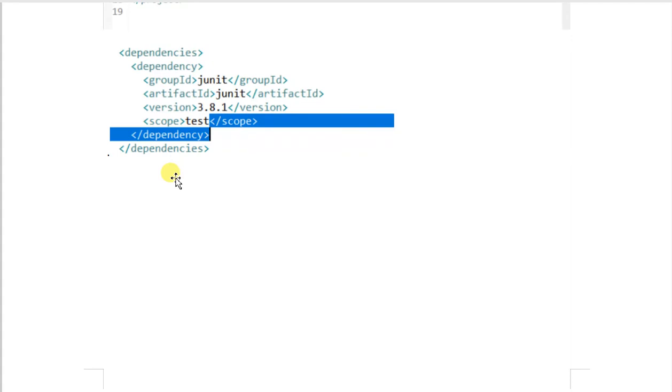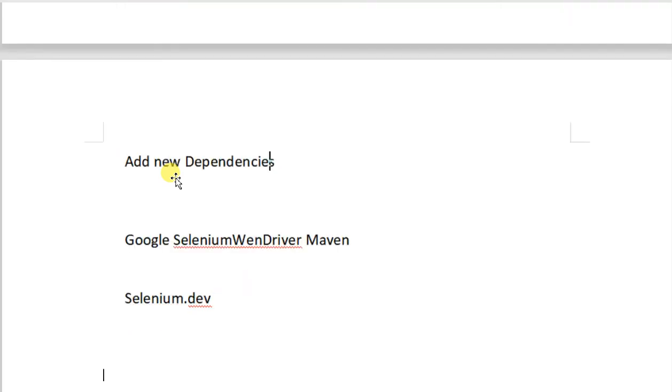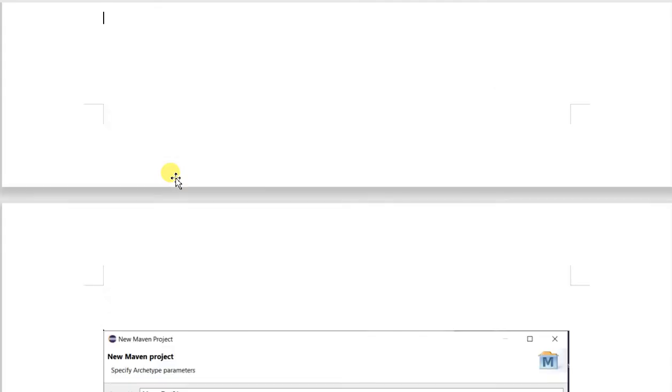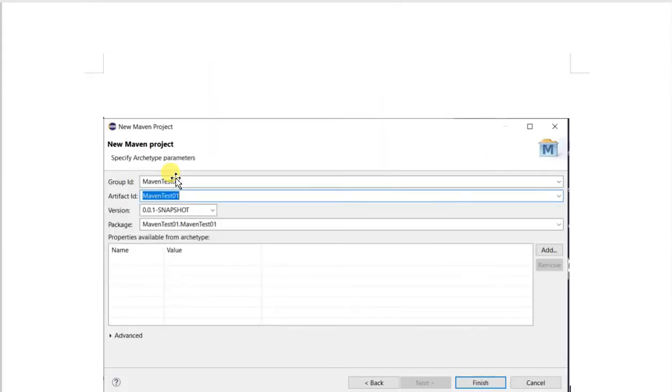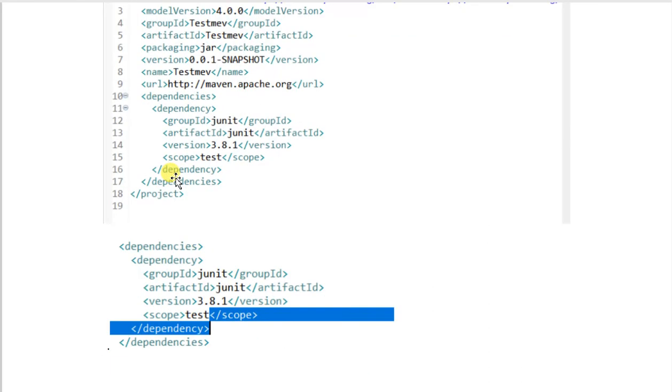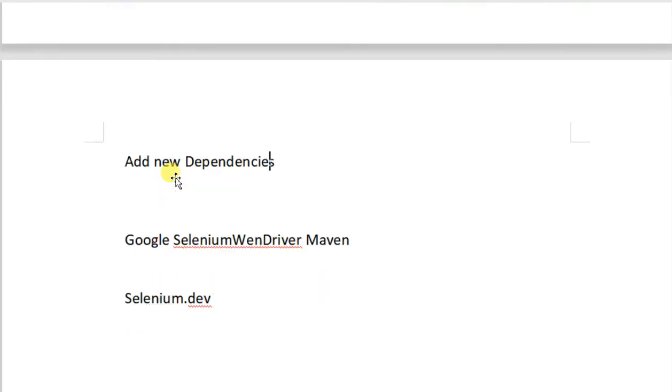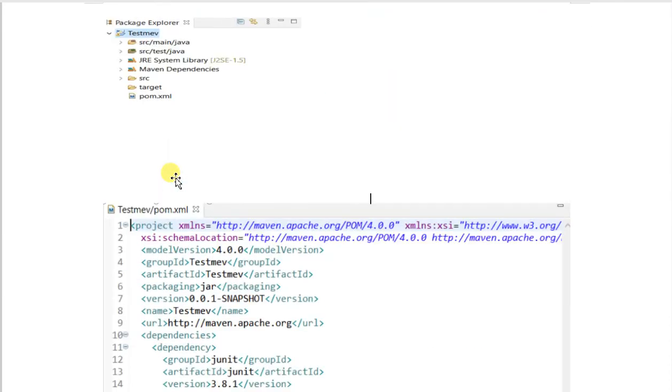Once we update the pom.xml, we should save it by pressing Control S. The moment we press Control S, the jar files get updated automatically. The screen will look like this, and under Maven Dependencies we will get all the jar files that we need to configure from pom.xml.